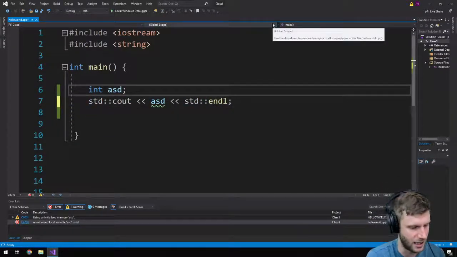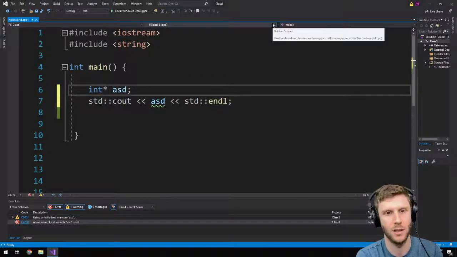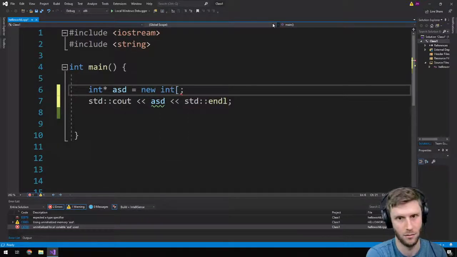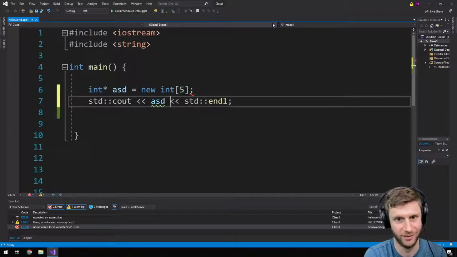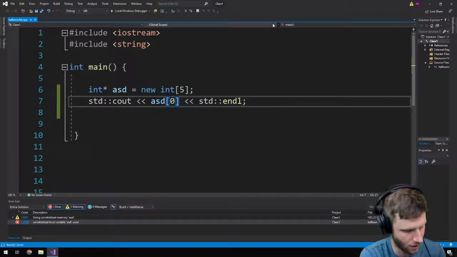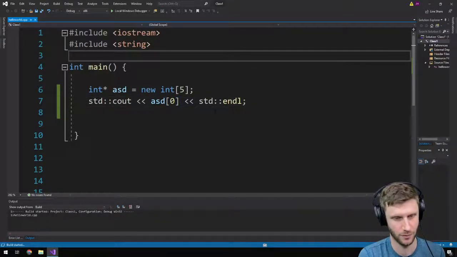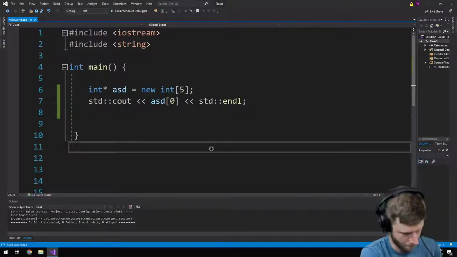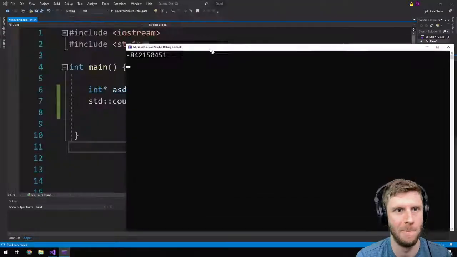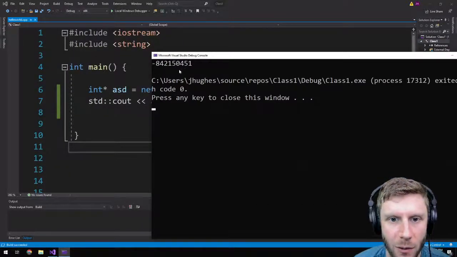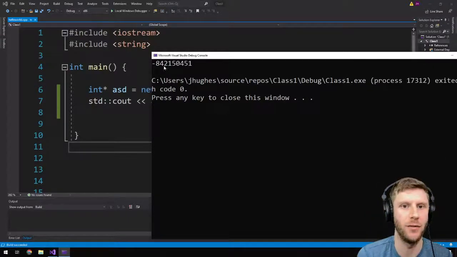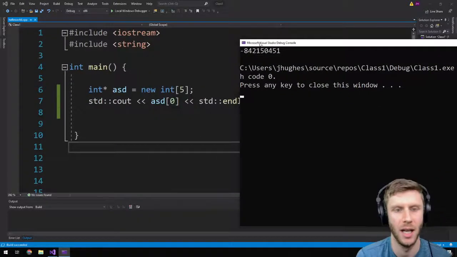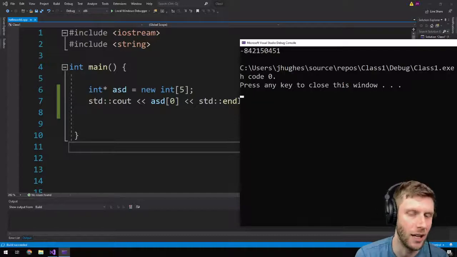Well, here, I'm going to do it a slightly different way then. Okay, there we go. Just pretend you're not seeing anything new. Okay, negative 842,150,451. So all I did right here is I created an array, an integer array of size 5, and I